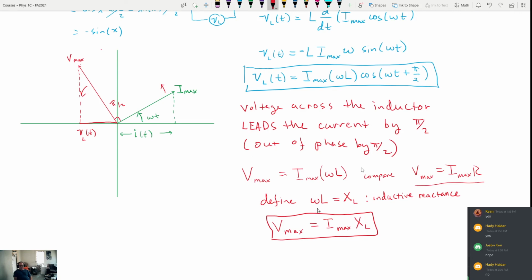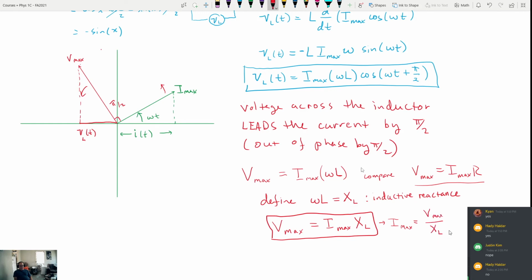So it turns out that omega times L, the frequency of the circuit multiplied by L, is this thing that we call inductive reactance. And I like to think of this as a way to turn an inductor into a resistor, in a way. Reactance is kind of like generalized resistance. And I like rewriting it in the following way because I think it's easier to understand. If I write this as Imax is equal to Vmax divided by this thing called X_L,